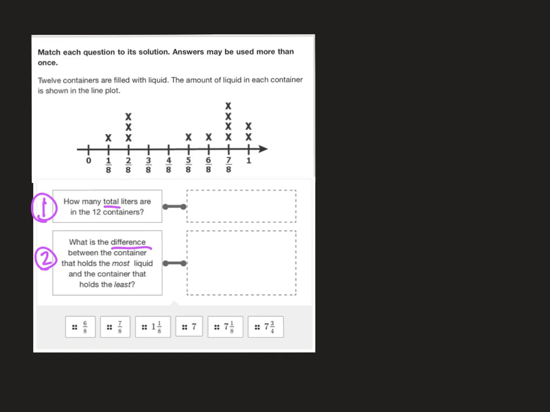All right, so number 1 is asking for the total liters in all 12 containers. So that means every single one of these little X's we have to take into account. And I want you to make sure you remember, for example, right here, this one X is representing just 1/8. This one has 2/8, 2/8, and 2/8, which together would make 2, 4, 6. So you can combine them like that, but you just have to make sure you take into account every single